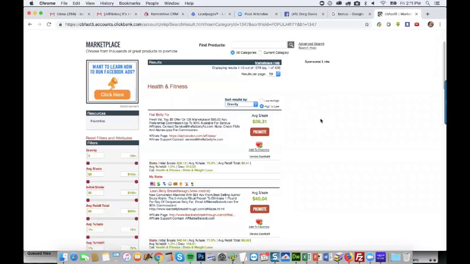Just because an offer has a low gravity doesn't mean it won't convert. I've actually found some really nice offers that had low gravity, maybe just because not that many affiliates had promoted it, or maybe they didn't know about it. So it's not saying that you have to have high gravity in order to succeed, and it's not to say that a product with low gravity won't be good, but it's a good starting point.